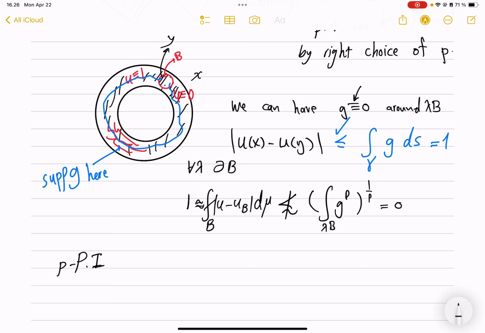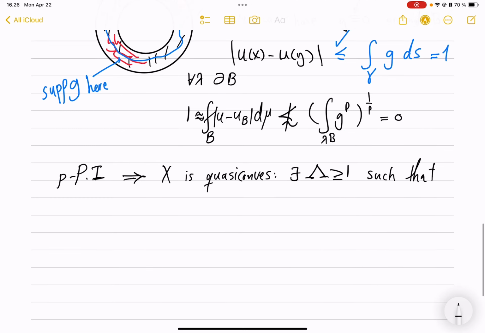If you have a Poincare inequality, it implies that the space is quasi-convex, and that means that there exists some, say, big lambda such that for every x and y in X, there exists a rectifiable curve gamma that joins x and y, such that the length of gamma